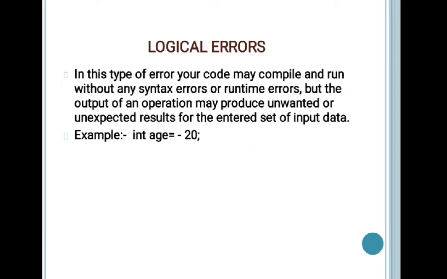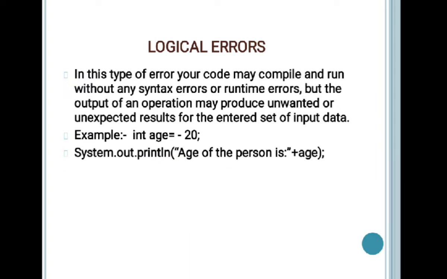Example, let us suppose you have taken int age equals to -20. Alright, semicolon, no issues, and at last you have to print the age of the person. But what you are getting over here? Answer आपको मिल रहा है. ऐसा भी नहीं कि रन टाइम एरर आ रही है, कुछ नहीं, रन होके फाइनल आंसर, व्हाट विल बी द फाइनल आंसर? द फाइनल आंसर इज एज ऑफ द पर्सन इज -20. बट डिड यू एवर थिंक हाउ द पर्सन एज विल बी इन माइनस, विच इज नॉट पॉसिबल.